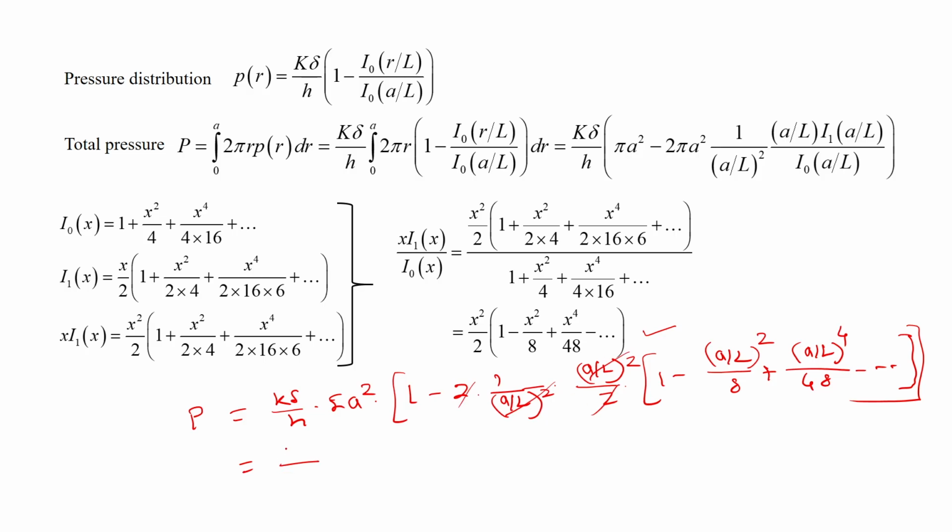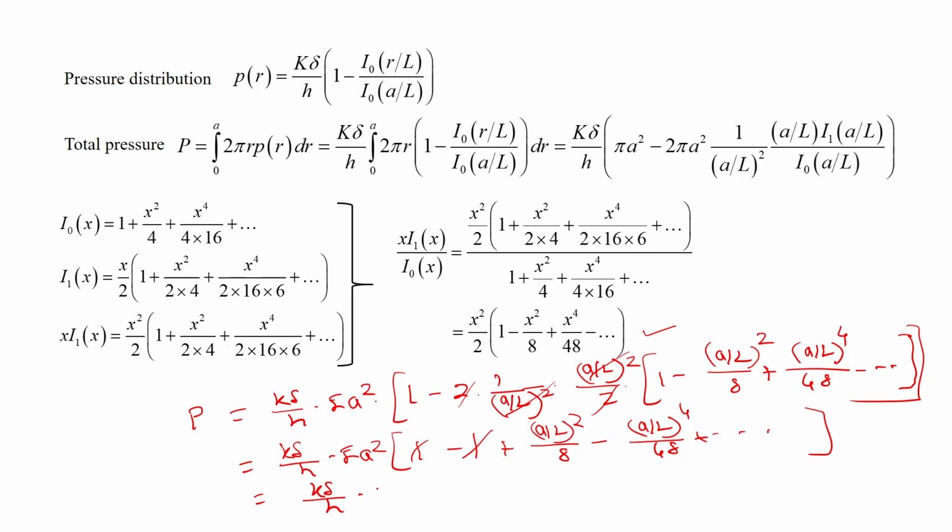So here I have k delta by h into pi a square into 1 minus 1 plus this is a by l whole square by 8 minus a by l whole to the power 4 by 48, and this is equal to, this gets cancelled. This was 1 here, so it's cancelled. So I have here now